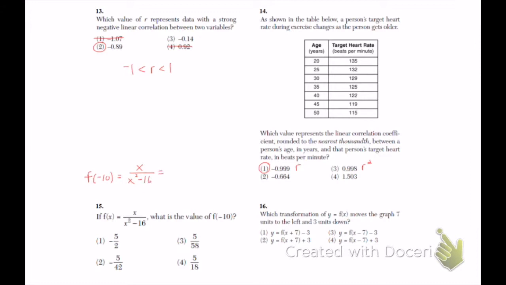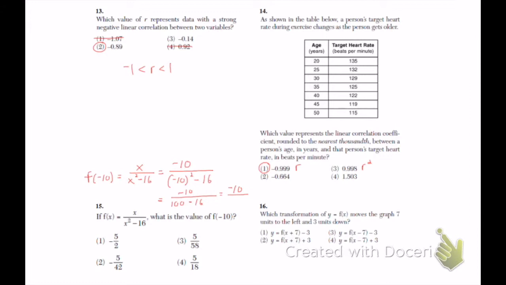So we put in -10 for x, we get -10 in the numerator divided by -10 squared minus 16. So we get -10 over 100 minus 16,